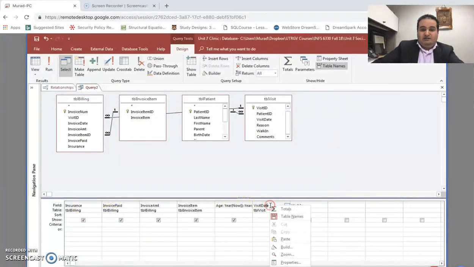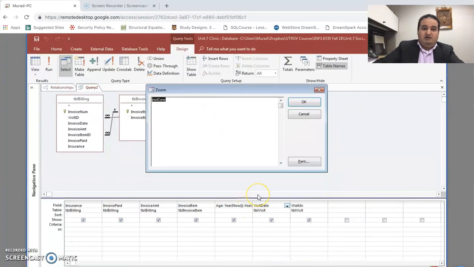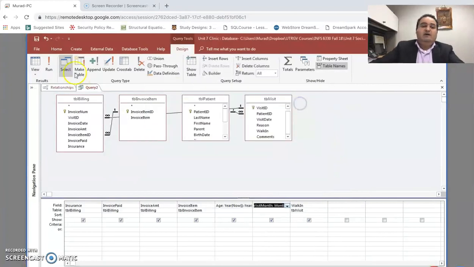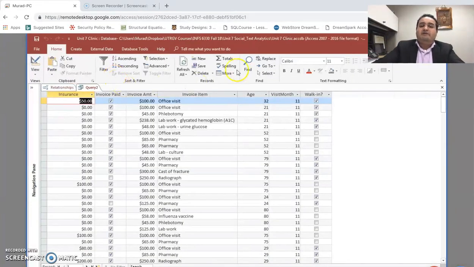So visit date, right click on this guy, call it visit month, right, instead of visit date. So colon, and then I'll click OK. So now I have, to some extent, ready to go data. So what I can do now, I can manipulate or transform those checkpoints versus not checked into zeros and ones